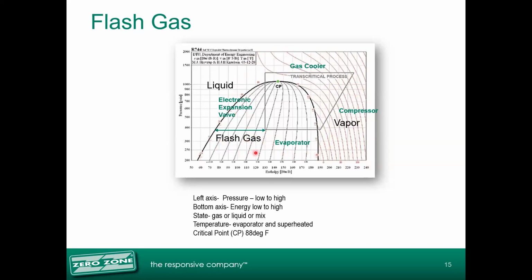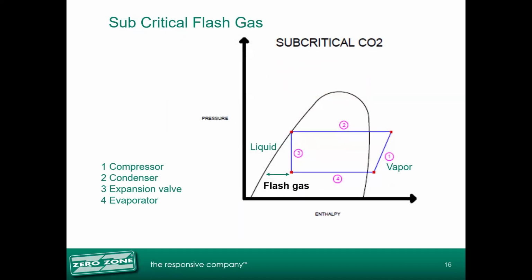So when we look at systems and how we improve our efficiency, or why our efficiency is dropping, it's a lot about flash gas, how much flash gas is being made. So an example, subcritical CO2 systems,